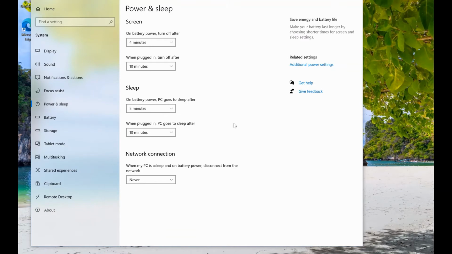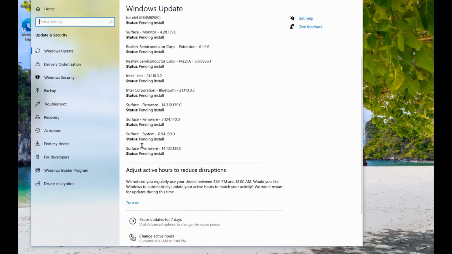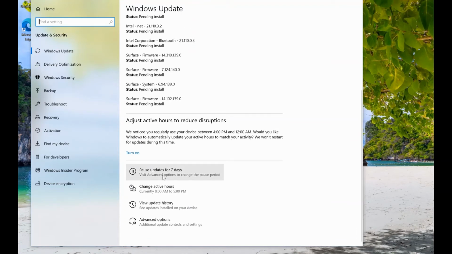With Update and Security, you have more control over how updates are installed on your device than ever before, with features such as paused updates as well as active hours that prevent your device from updating during work hours. You might have a lot of updates, especially since you just started with a brand new device. With Windows Security, your Windows device has never been more protected.